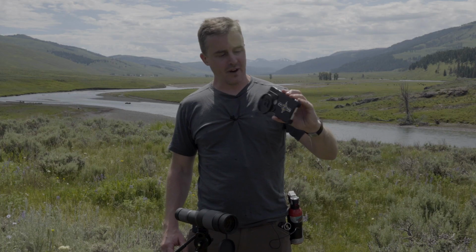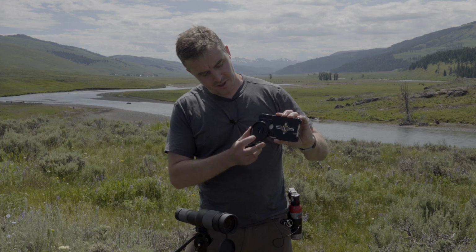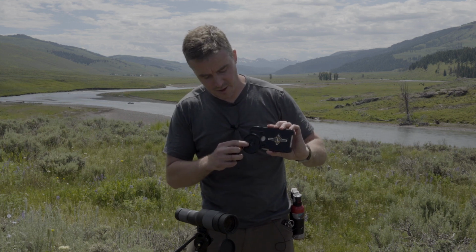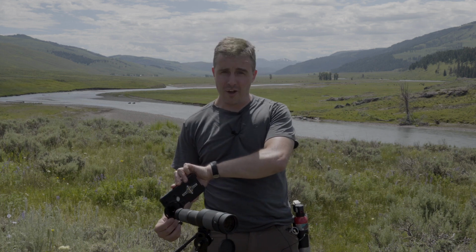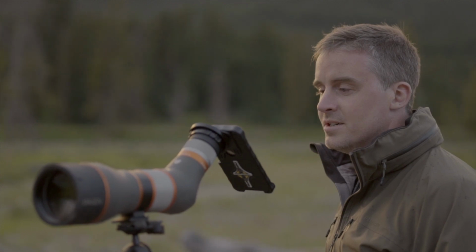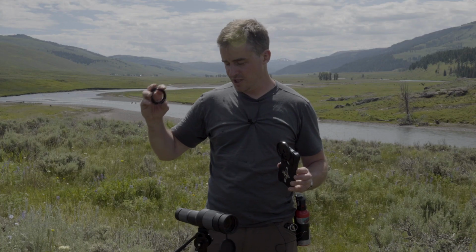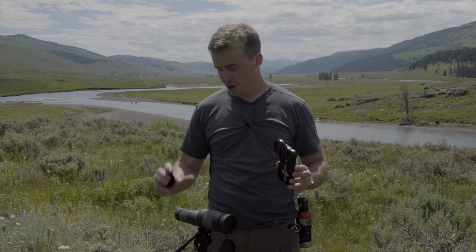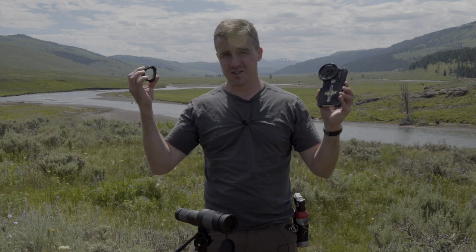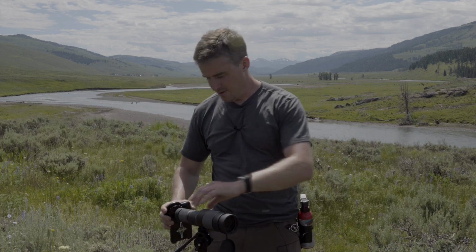So what we have here is a device called a phone scope. And it's basically a phone case that perfectly centers your camera lens. These are built for each individual model of phone. Perfectly centers your camera lens on the eyepiece of a spotting scope or binoculars or whatever you want to use. And so this is sold for each individual phone, and this attachment is sold for each individual diameter of eyepiece. So you just need to look up your eyepiece, find out the diameter, order the right little part. This is all super affordable. This clips to this. This goes on this,